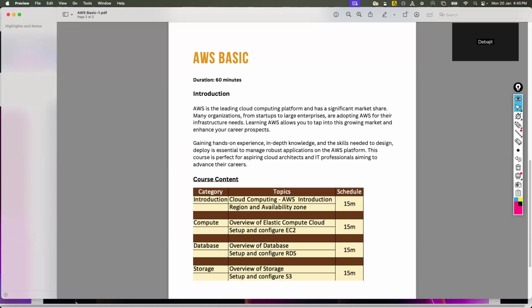So today we are going to learn some of the AWS topics. That is exactly what you can see on my screen. We'll try to touch upon all of the important services like EC2 from the compute stack. Under the database, we are going to discuss RDS, Relational Database Service, and of course, storage, which is S3, Simple Storage Service. Okay. So this is only for 60 minutes, 1 hour or so.